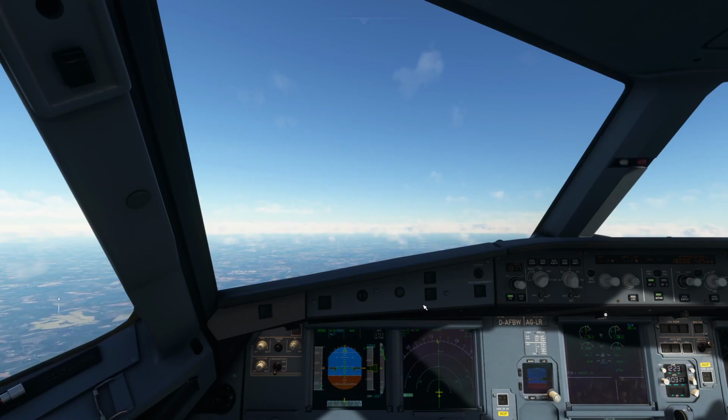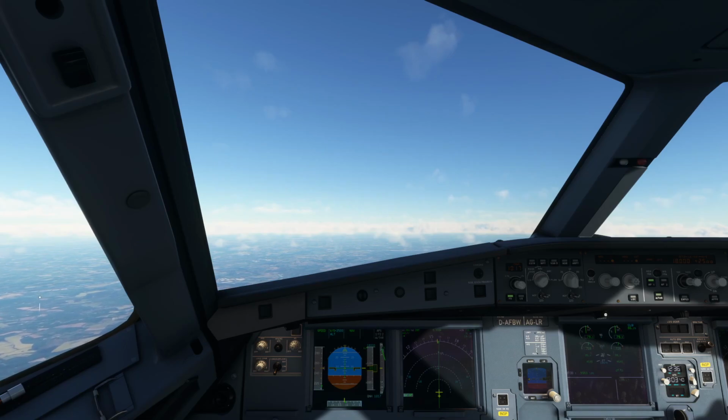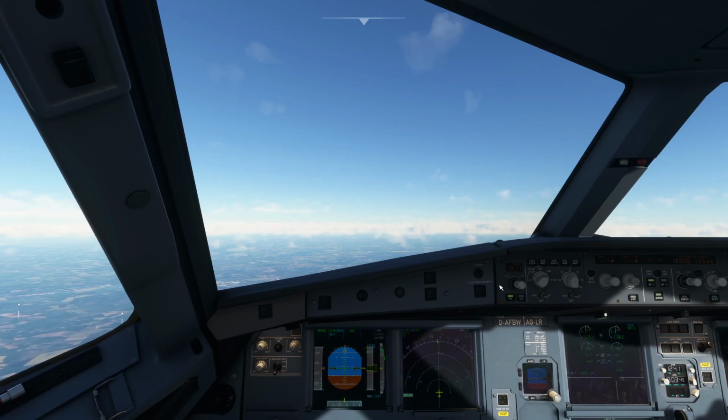The only thing I can think of is that the plane has some restrictions in the flight plan. There are restrictions for speed and altitude in some areas where they don't want you flying under a certain altitude. Okay, we hit our 10,000, so I'm going to come up here